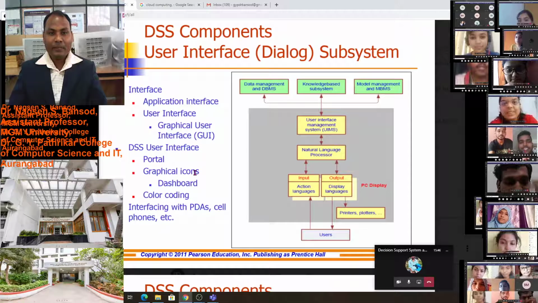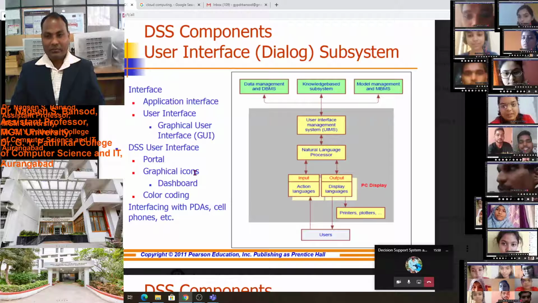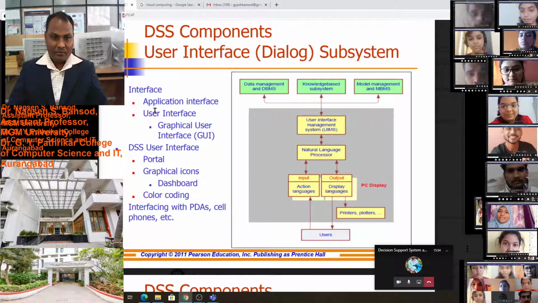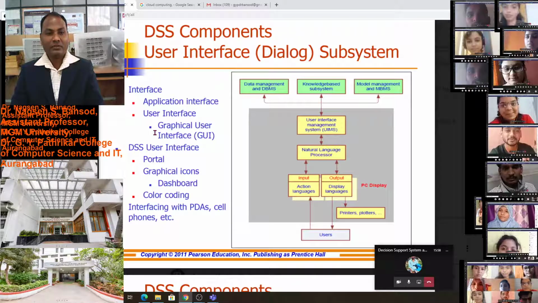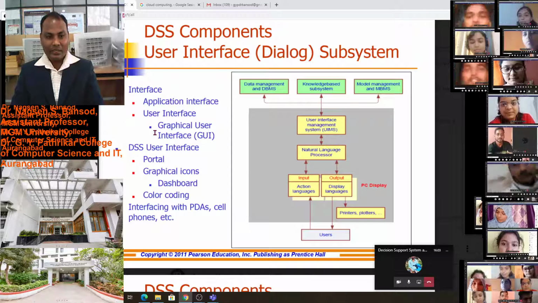Now we will see the user interface dialog subsystem, user interface management: application interface, user interface, graphical user interface, meaning GUI.